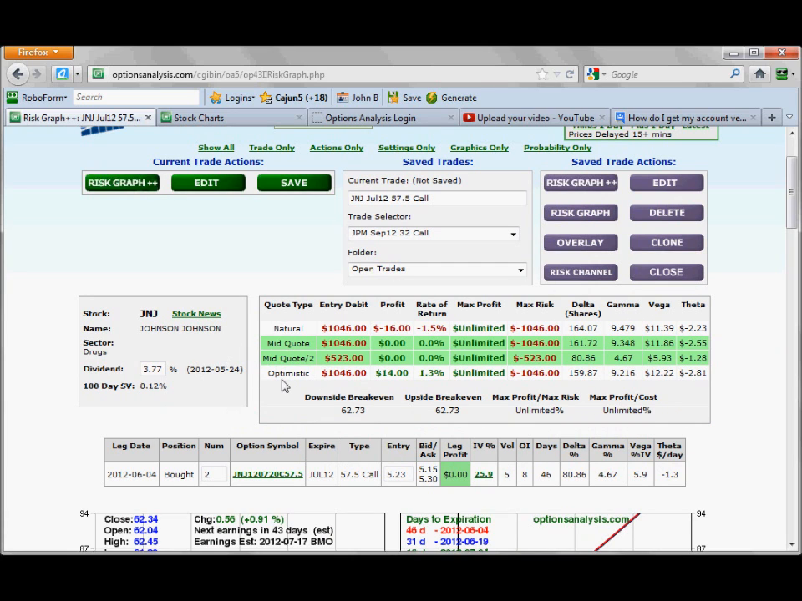So our trade is loaded for Johnson & Johnson. I'm using the 3-quote view, which shows my natural, mid-quote, and optimistic results. Since I have more than one contract under management, it tries to decide what my common denominator is amongst all my legs and gives me my lowest common denominator trade, which in this case is the mid-quote divided by 2